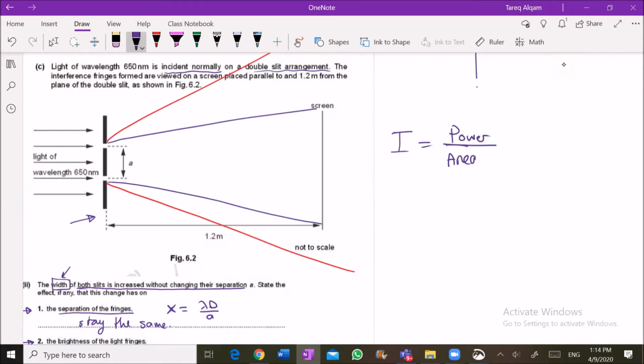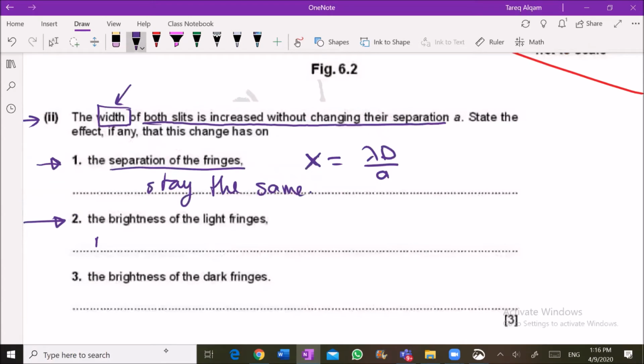If I use a wider slit, this means we will have less diffraction, so the light is distributed among a smaller area, so it becomes more intense. Is that clear, guys? Then how more bright? I will write now the reason. Because the light